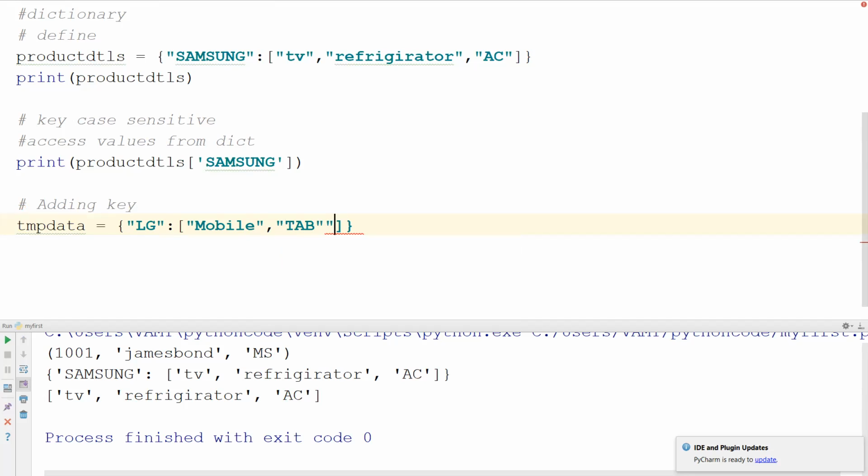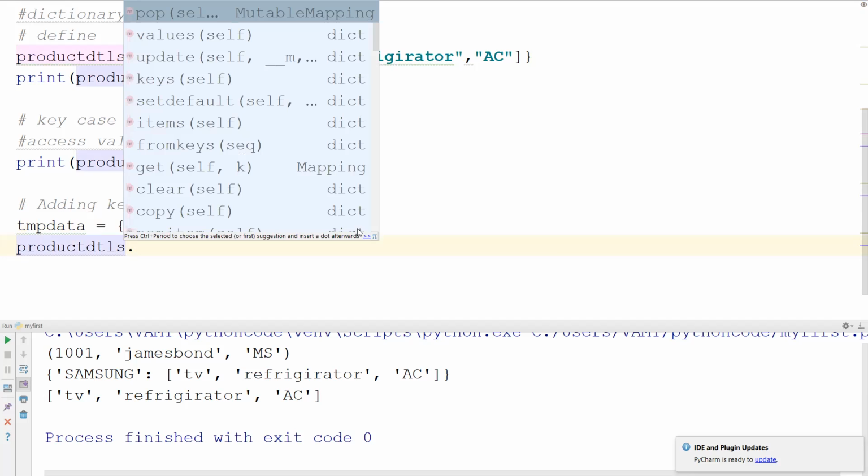These two products I'm selling for LG in my showroom. I want to update my product details data with the LG key also. This is my temporary data. Once I did the agreement with LG, I got all these details. So I want to update.